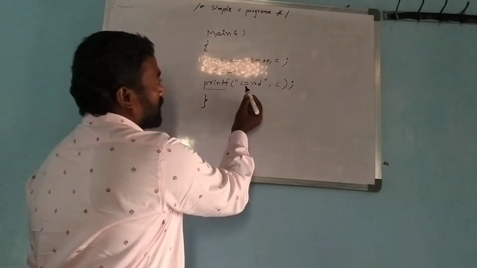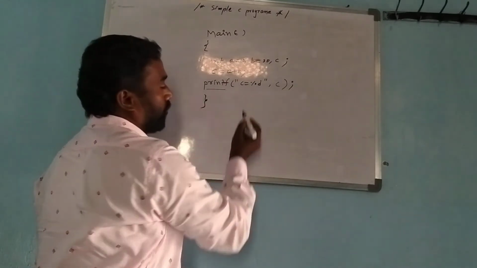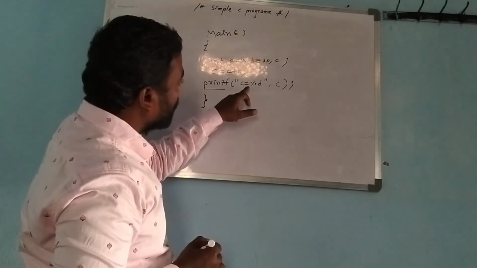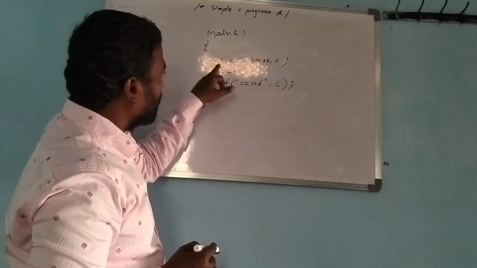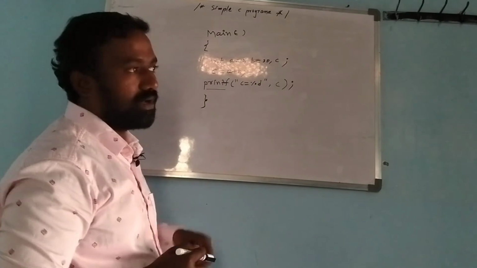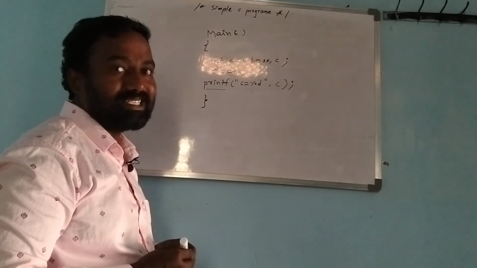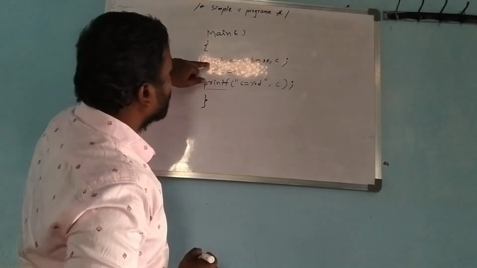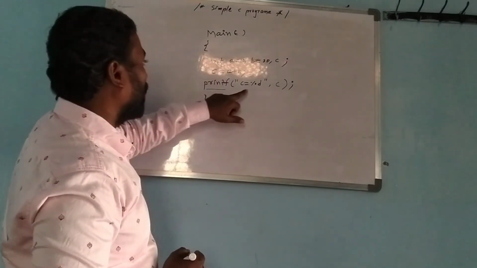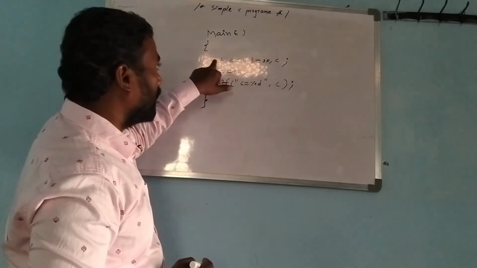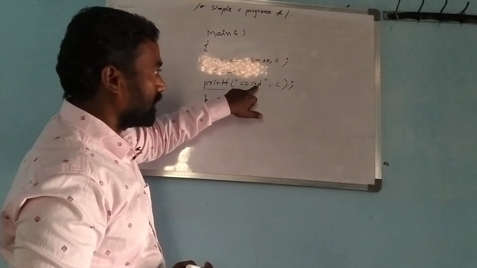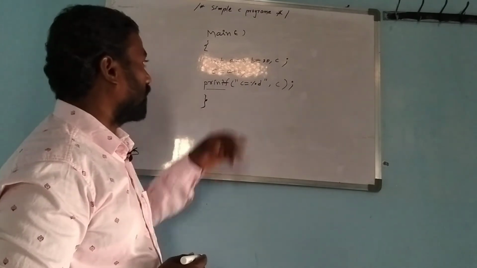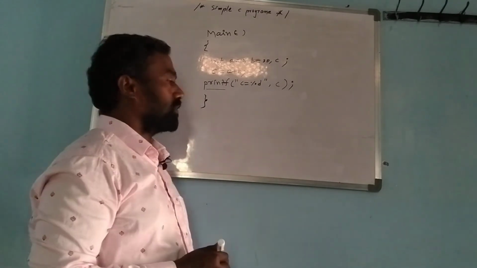That is c equal to %d. Why am I using this %d? Whenever we use %d, it prints integer values. We already know that integers don't have any decimal points. So whenever we use the int keyword, we automatically use the int related %d. This is called a conversion specifier. c equal to %d.